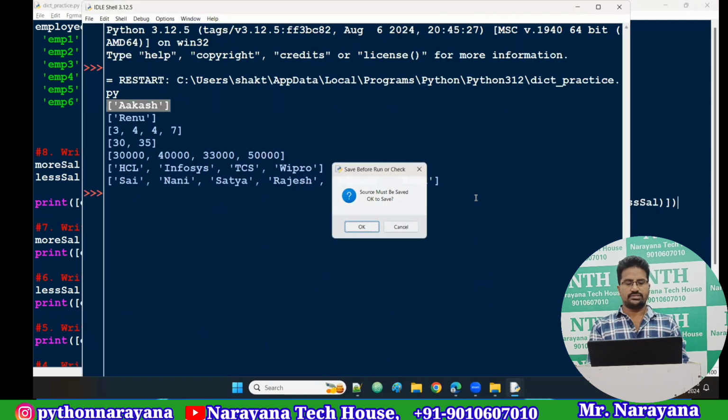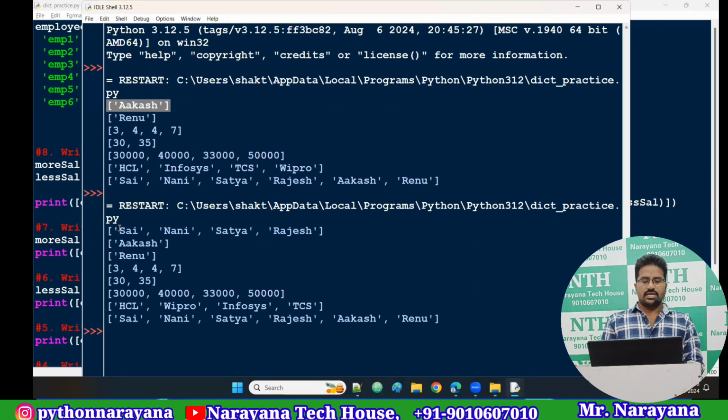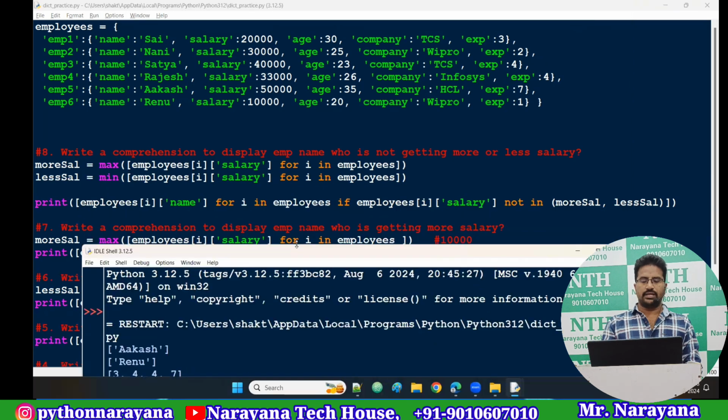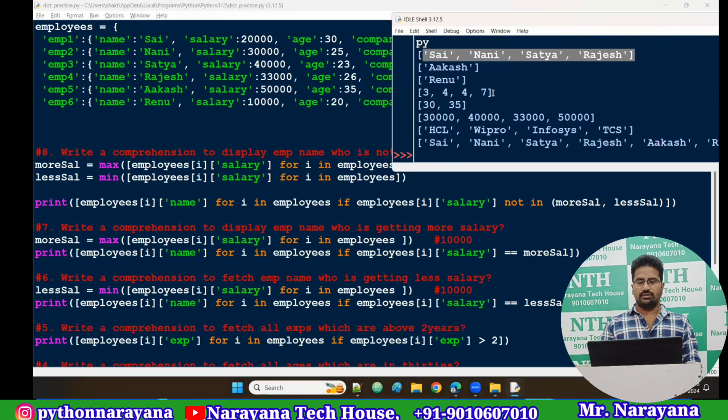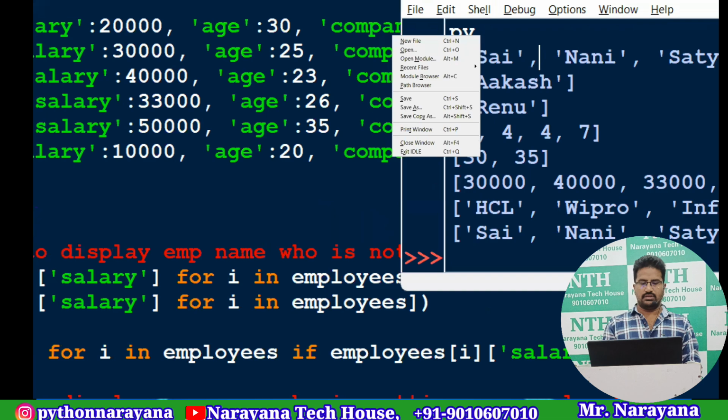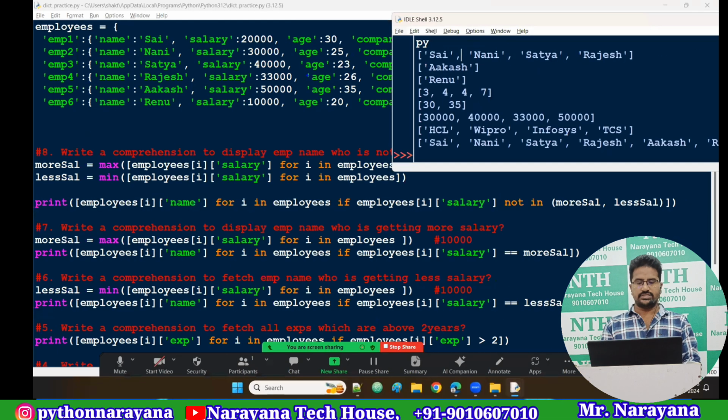Yes, let's see the persons: Sai, Nani, Satya, Rajesh. These four employees are not getting the highest salary, not getting the least salary. Observe here, what is the highest salary actually? As per this data, the highest salary is 50,000. That is Akash.